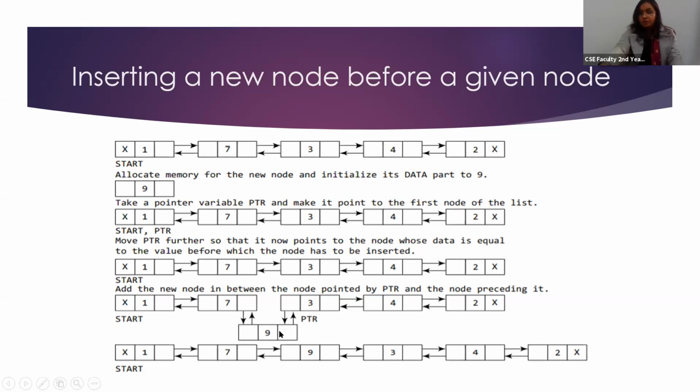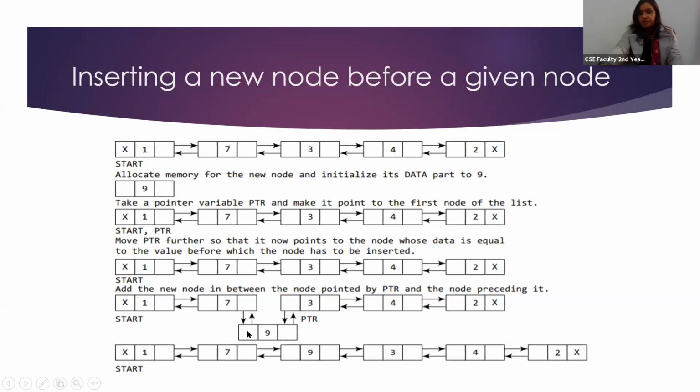This is the new node. This is pointer. And where is the address of this node? It is present here in pointer previous. So you will write pointer previous next. That means, pointer previous means what? This part is containing which address? This address. So pointer previous next means this part. This part should contain the address of new node. That means pointer previous next equal to new node.